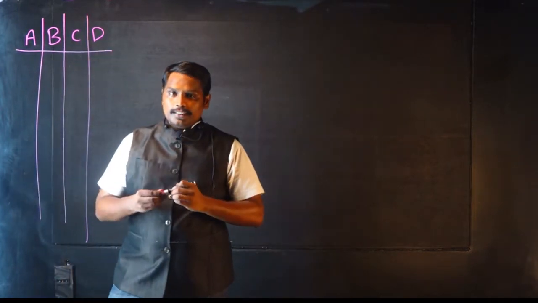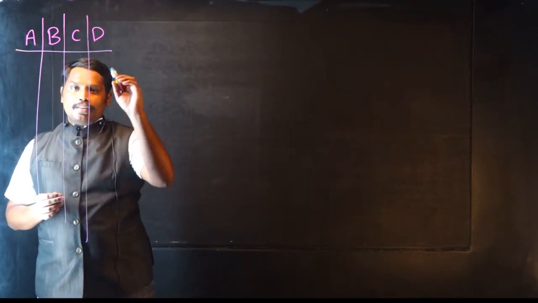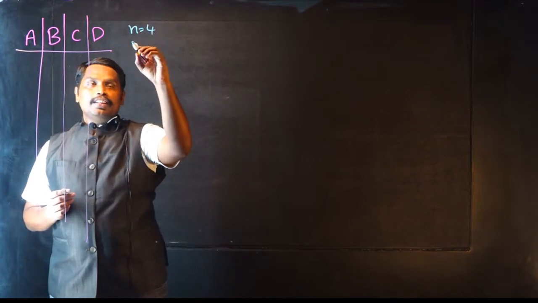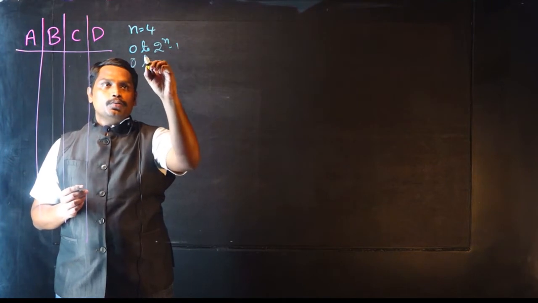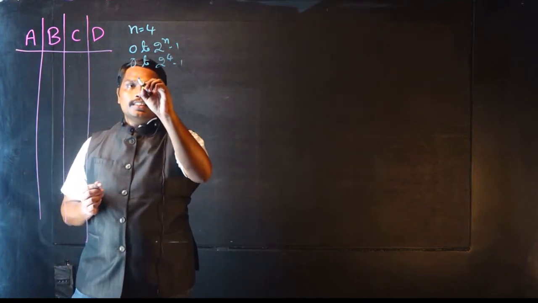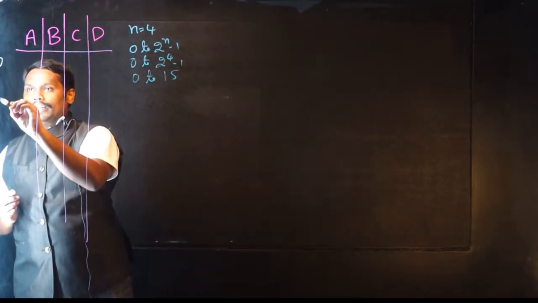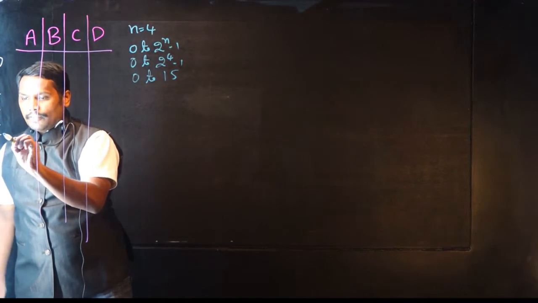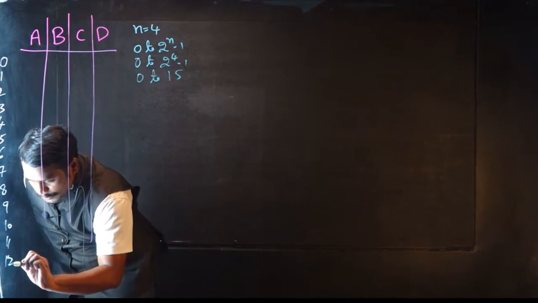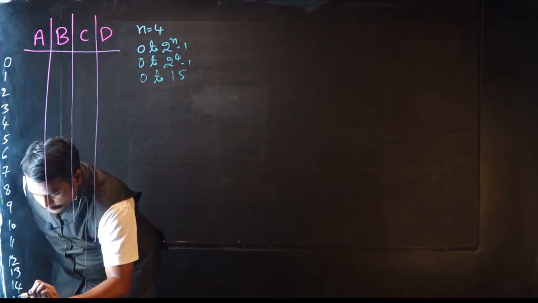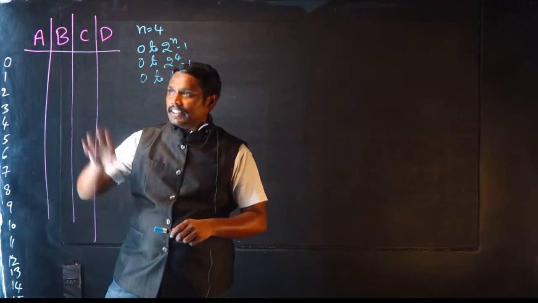These are called Boolean variables. So for these Boolean variables, when they are 4 in number, when n is equal to 4, we will be having the representation from 0 to 2 power n minus 1, which means 0 to 2 power 4 minus 1, which is 0 to 15. So these are the general representation: 0, 1, 2, 3, 4, 5, 6, 7, 8, 9, 10, 11, 12, 13, 14, and 15. Right? So now there are 16 operations in this truth table.